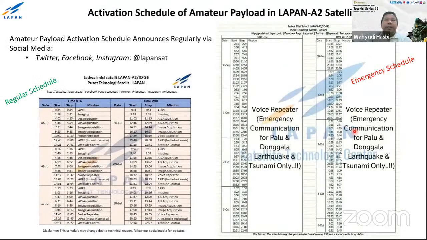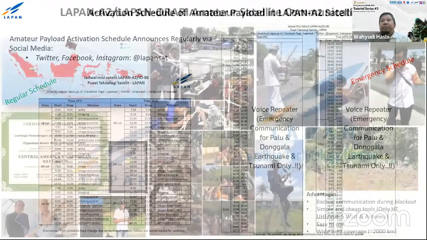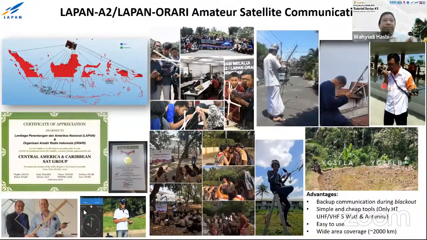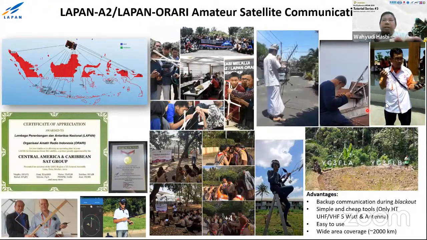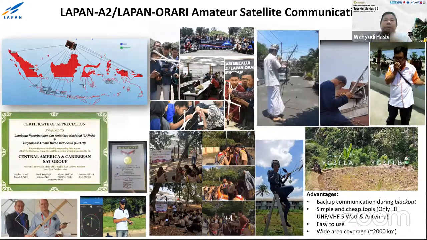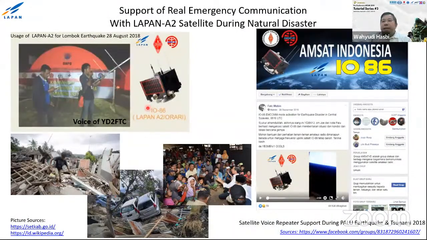And then this is a typical schedule if a disaster really happens and becomes a national problem. Of course, we will activate our satellite only to become a repeater for all the disaster communication. And this is another sample, you can see that people use the handy talkie like here as well. Yeah. And then